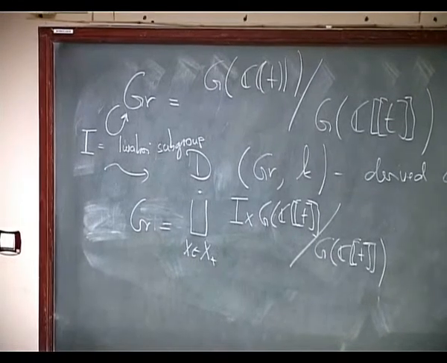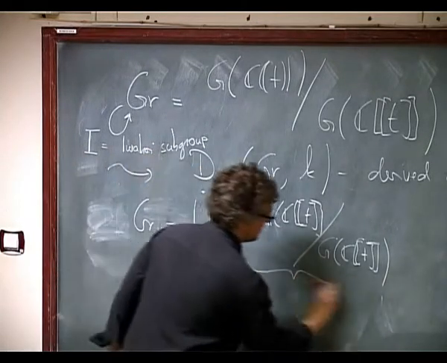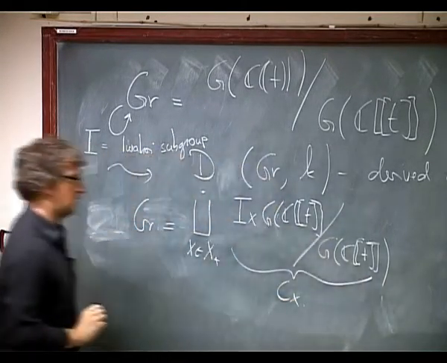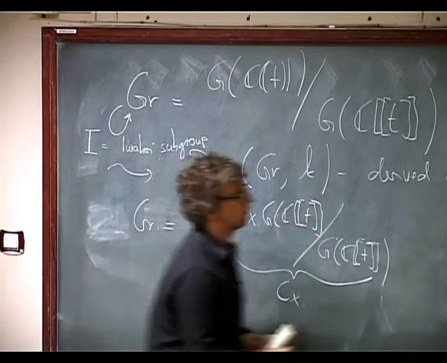So here we have a kind of Bruhat decomposition, and let's call this CX. Anyway, it's a stratified ind-variety, and